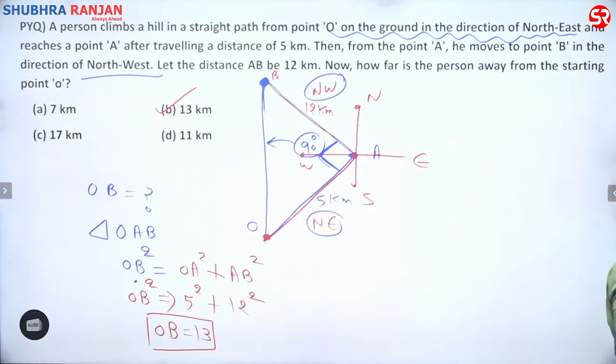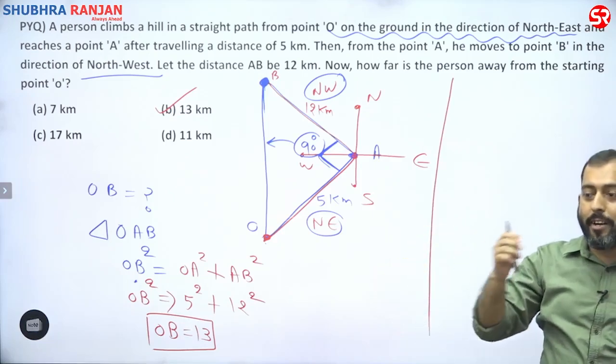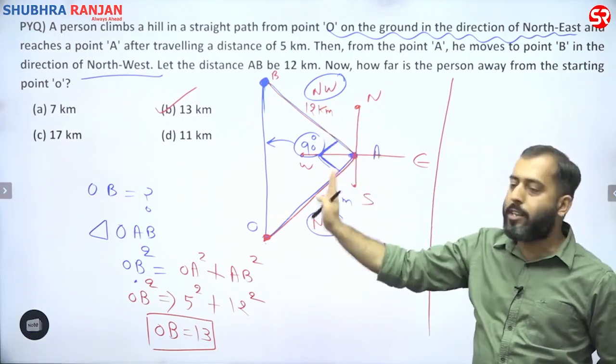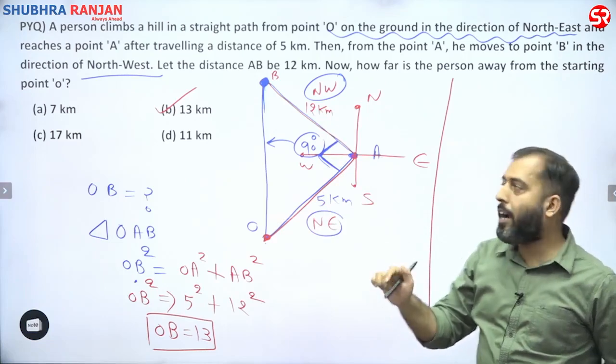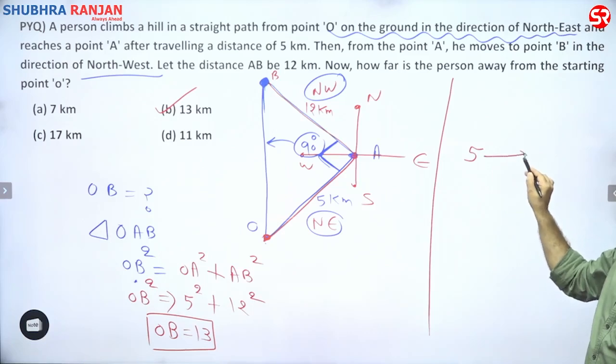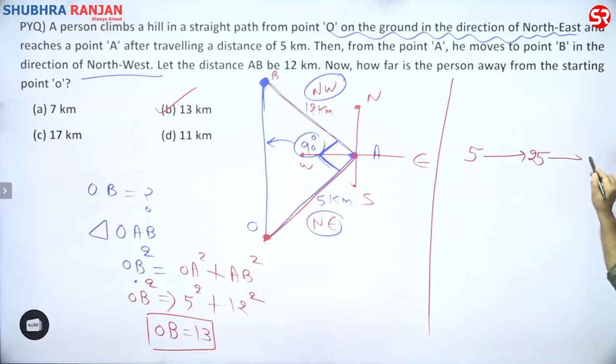Done? Now let me give you one more way of finding the third side in the case of a right angle triangle. Out of 5 and 12, which one is the smallest side? 5. Take 5, square it, you will get 25. Half of 25 is 12.5. The nearest integers to 12.5 are 12, which is already given, and 13. This is your answer.